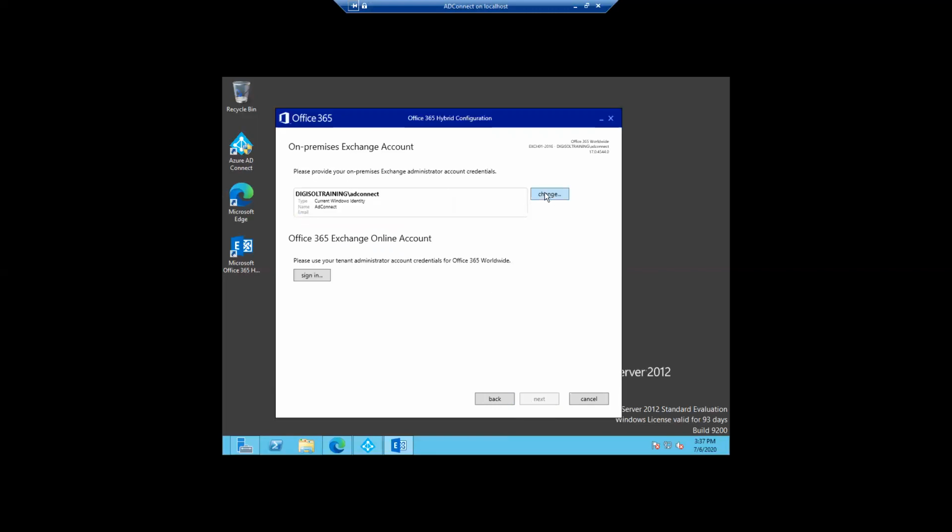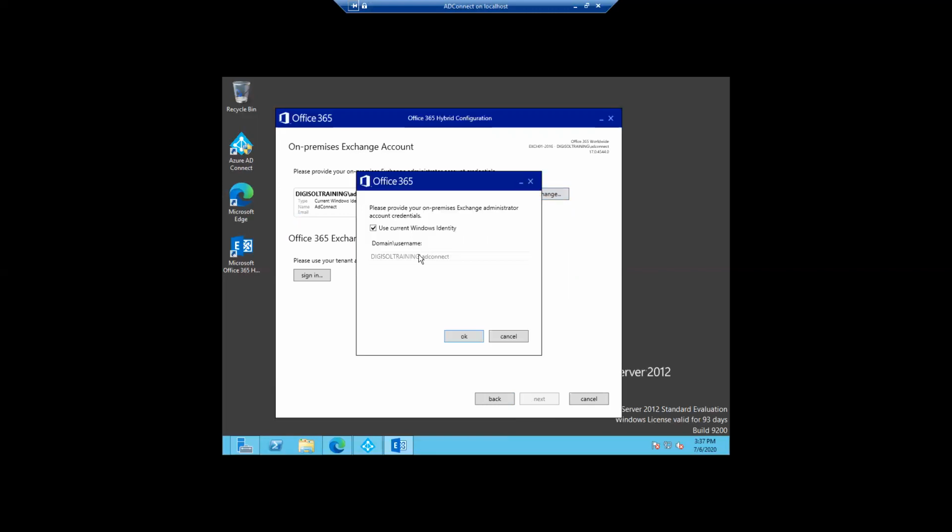I have to type the on-premises account detail, the Exchange admin account which has admin access. You can create any account, and we have to provide the proper access to sign in.